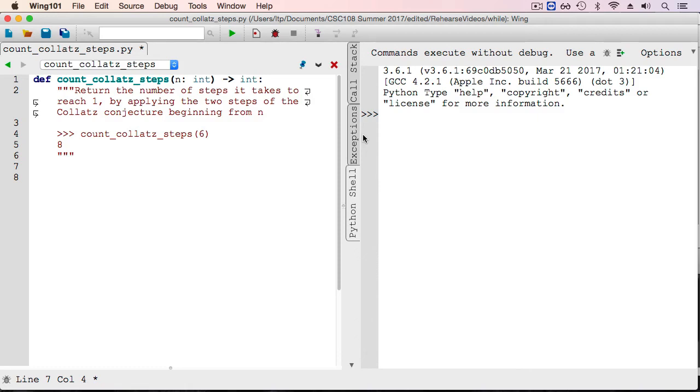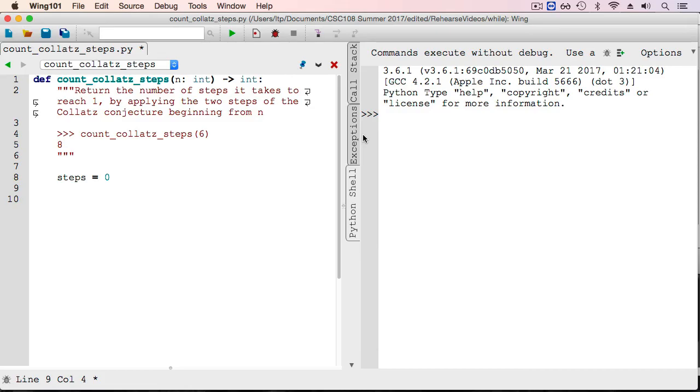All right, we're going to dive right into this question. So if you don't remember what the Collatz conjecture is, I recommend that you pause the video and review it before continuing. Since we're asked to count the number of steps, it makes sense to have a variable which stores this information. And of course, when the program first starts, we haven't done any steps yet, so we initialize this